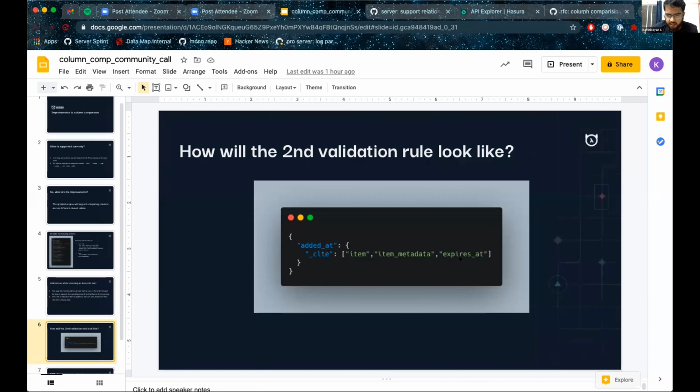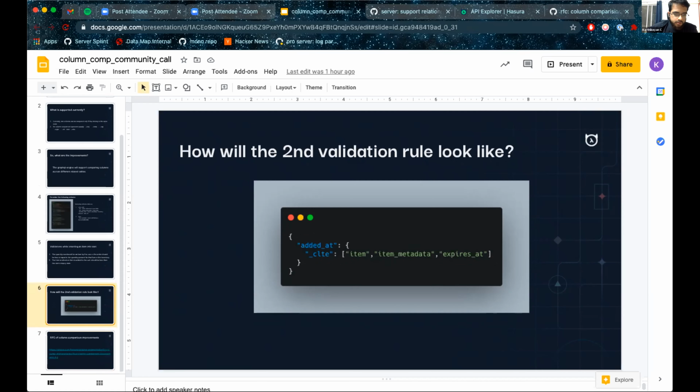The last value of the array is the column name, and all before that are relationship names. Here item is the object relationship name from order cart to the items table, and from the items table to the item metadata table, the relationship is item metadata. So the first two are relationship names, and the last value is the column name. This is the column path. It is slightly like a JSON path, where you specify how to reach the column.